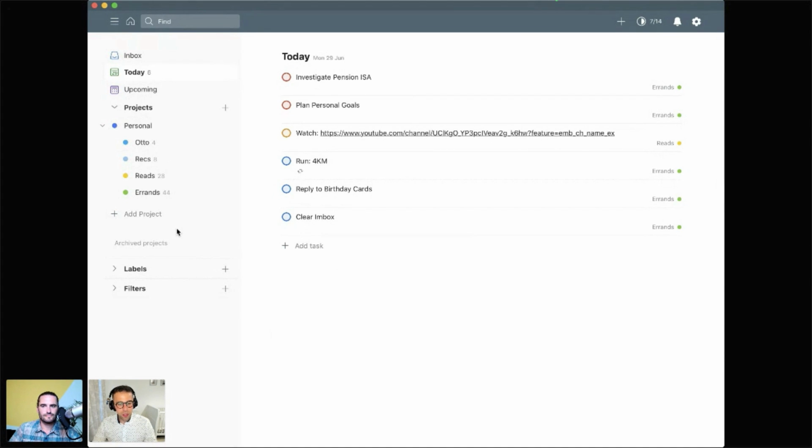For example, if you have a work project with loads of different sub projects underneath it called admin, finance, and all that, could you make some sort of folder or project that you could then use sections inside of to make it neater? And the other thing as well is